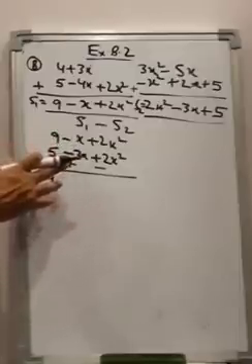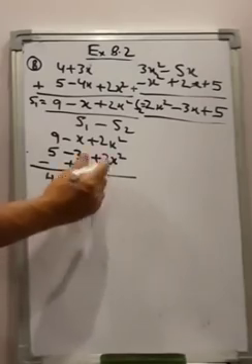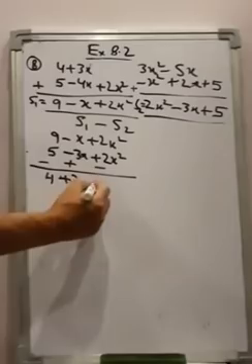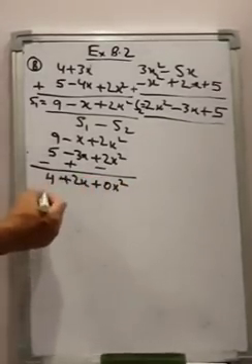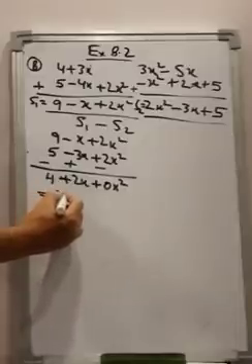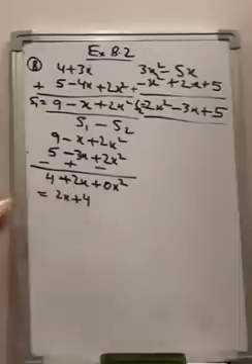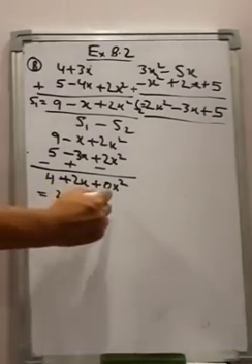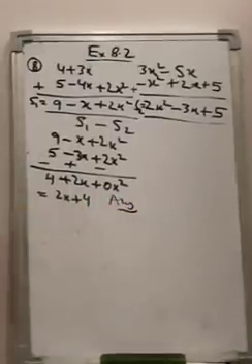Minus 1 plus 3 is plus 2, plus 2x, and plus 2 and ignore the sign, so plus 2 minus 2 becomes 0. So 0x square. Now 0 into something is 0 only. So when we are writing the final answer, you can follow the ascending or descending order. So here we are following the descending order of power. So first we will write 2x and then plus 4. And this is the final answer, right?